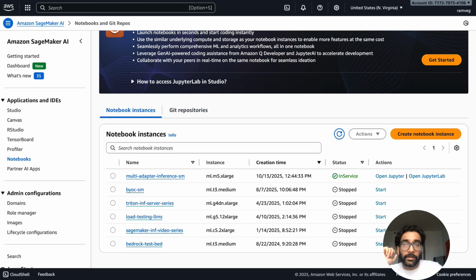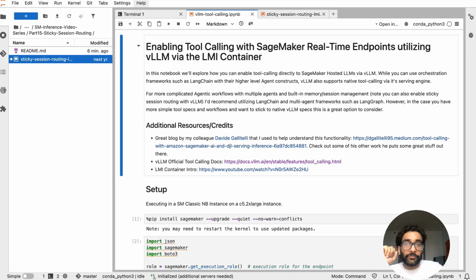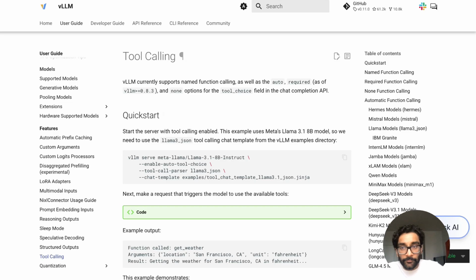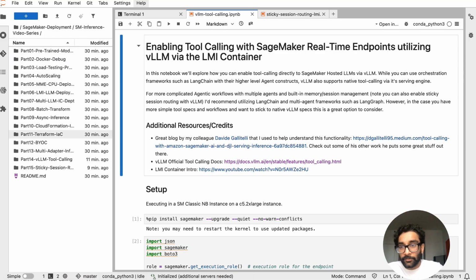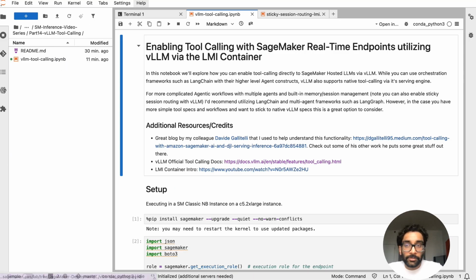I'm just going to provide the Hugging Face model ID for our sample. I'm also going to attach the documentation here for tool calling by vLLM. I've added all the resources that I kind of referred to through this. One of my colleagues also put out a great blog here. Feel free to check it out as well if you want to explore or play with this more. But for the purpose of today's notebook, what we'll work with is in that same Git repo that I've been pushing everything to,